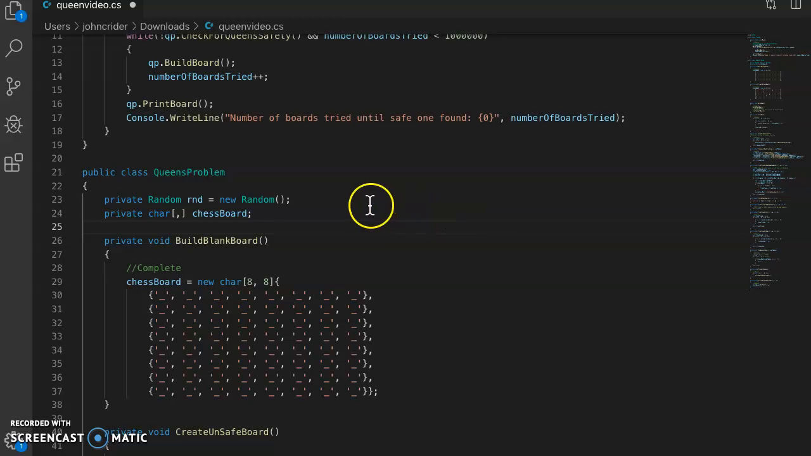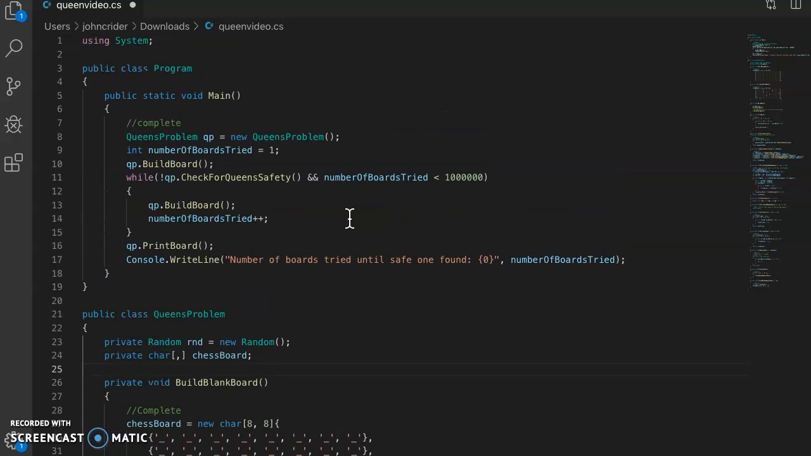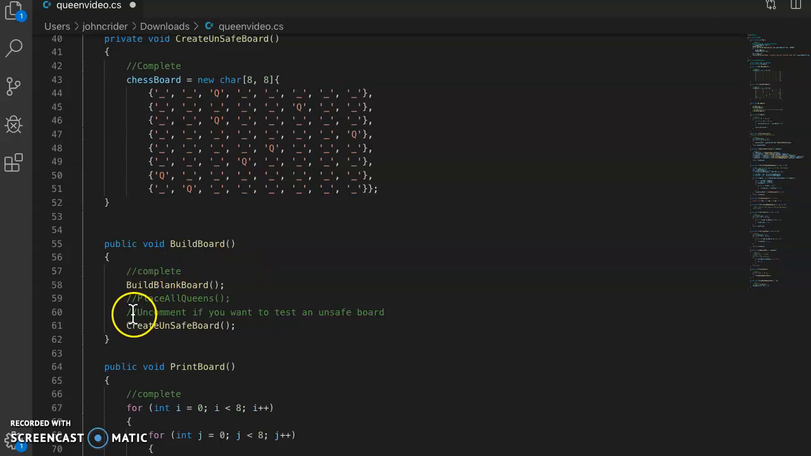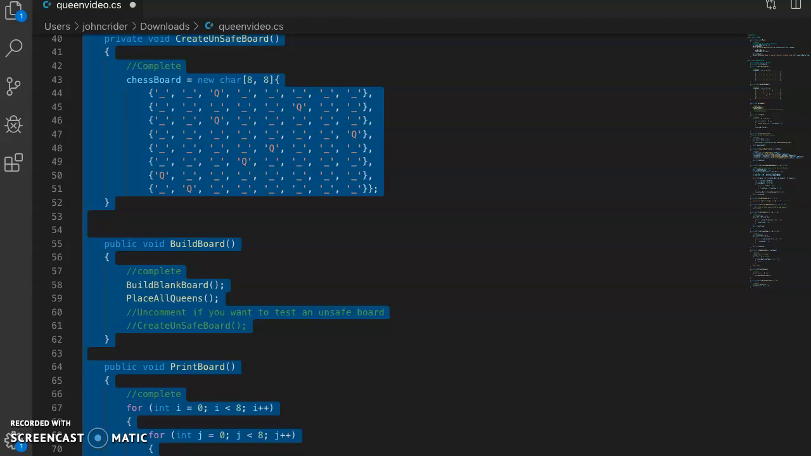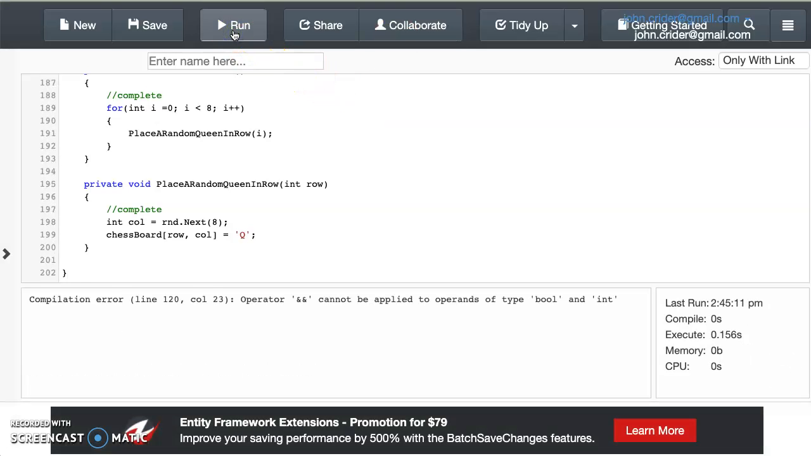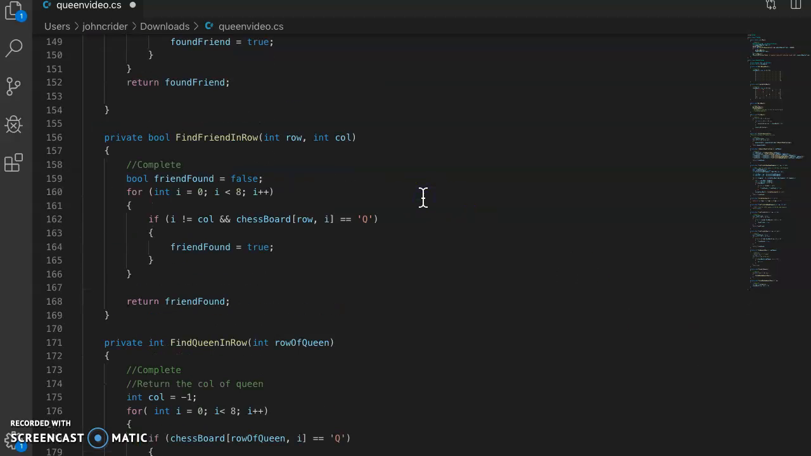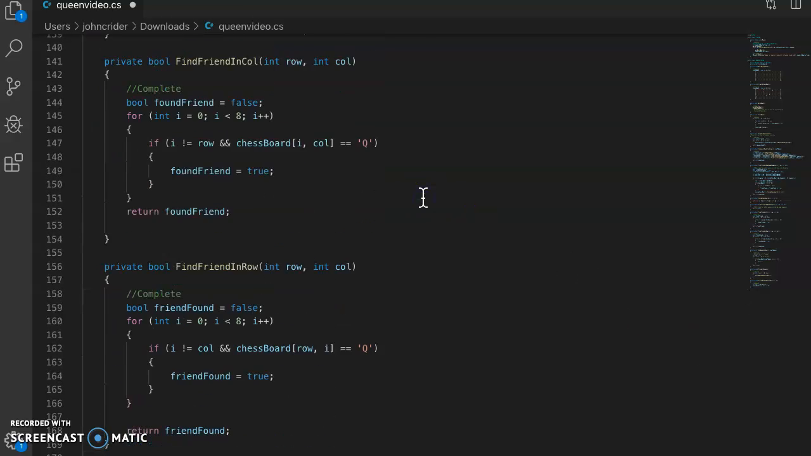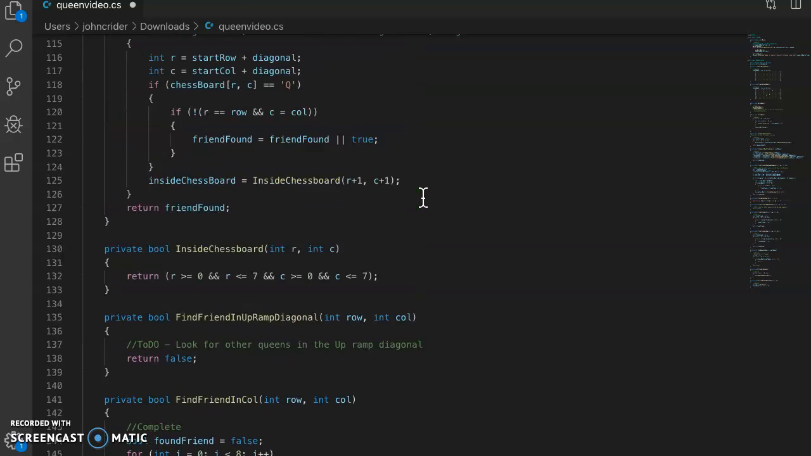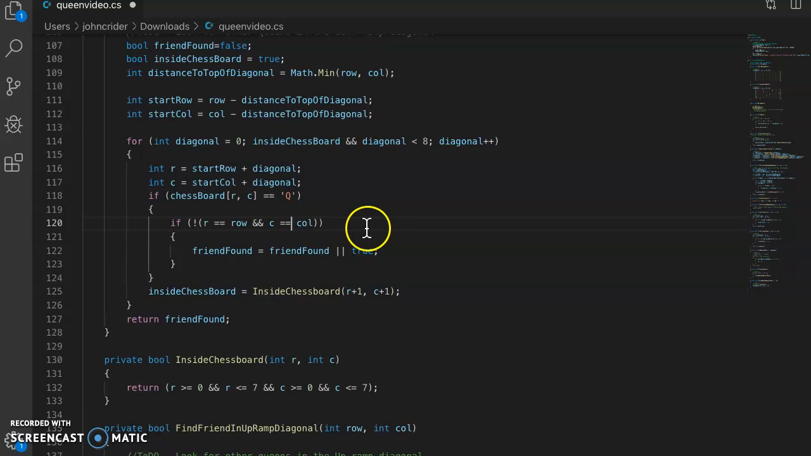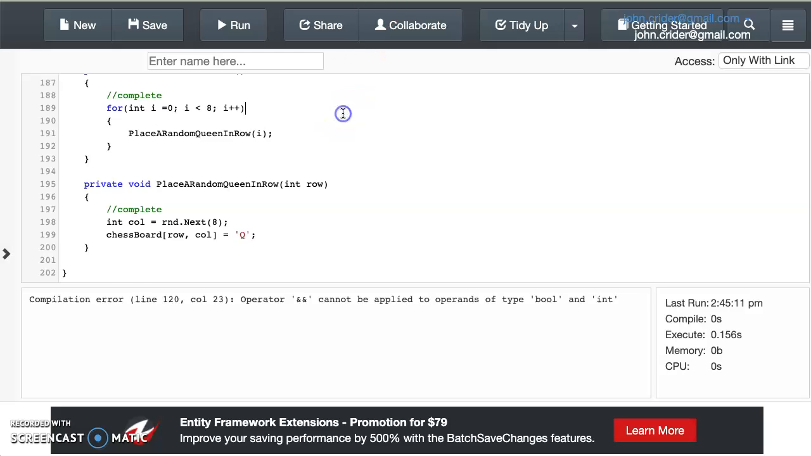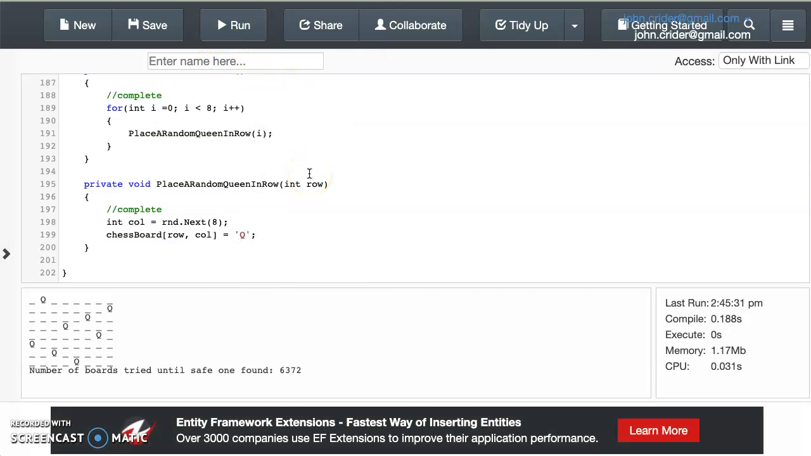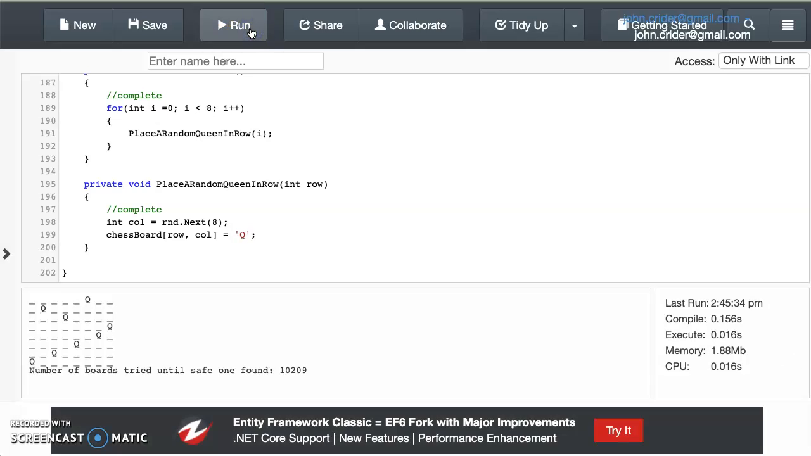Let's see. I think I might have made a change previously. So let's make sure that we're placing queens randomly. Oh, I didn't change it over here. I still have that same error because I didn't make the change on this side in this editor. Now when I paste it into my running editor, it says we found a solution,